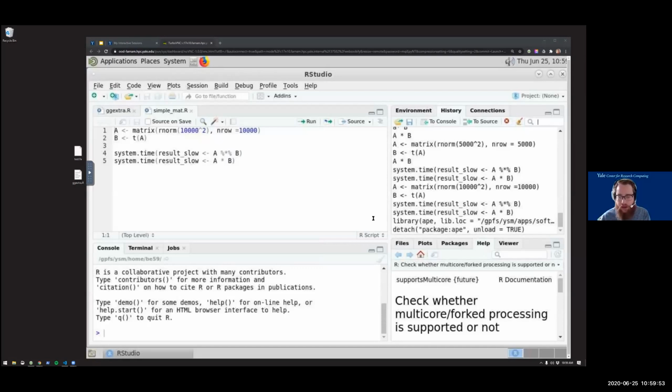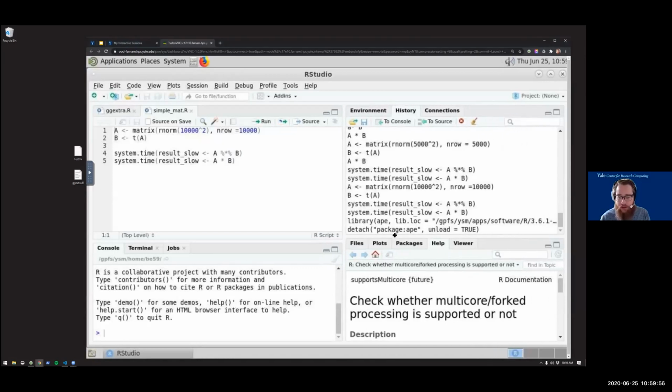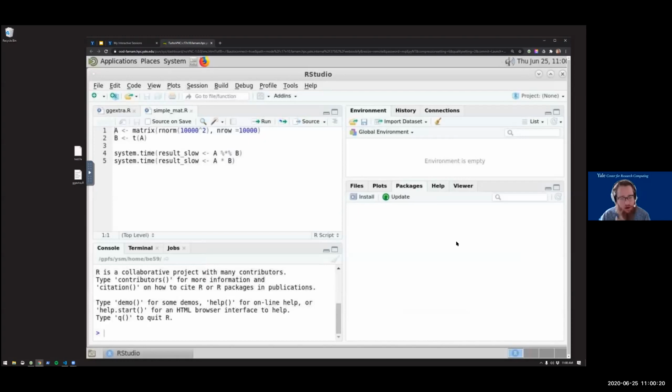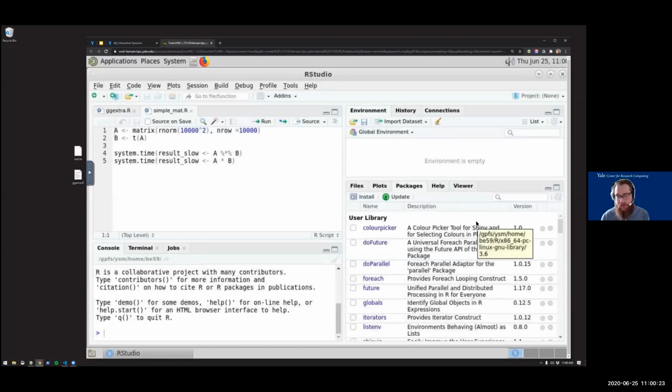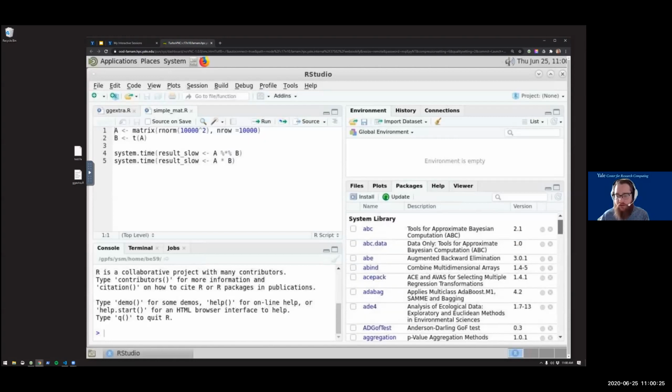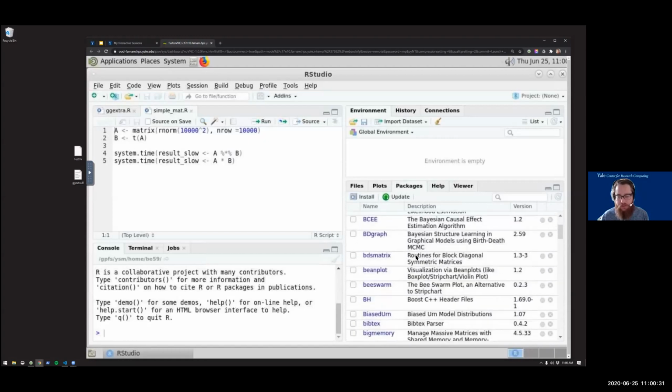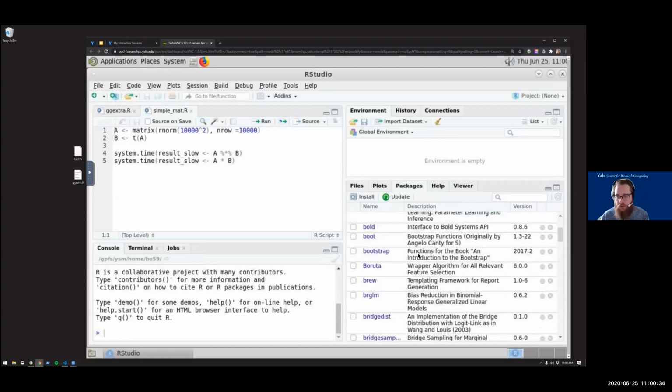Let's see. So I can take a look at this. So this is RStudio. For those of you familiar with it, it should look pretty much the same, even though right now it's a little bit artifacted by me asking to have lower image quality. But what's actually happening on the compute node is the same as what would look like on your computer. I haven't installed very many packages for myself. So here are all of the packages that we provide as sort of the base in terms of what just comes with R on the clusters.